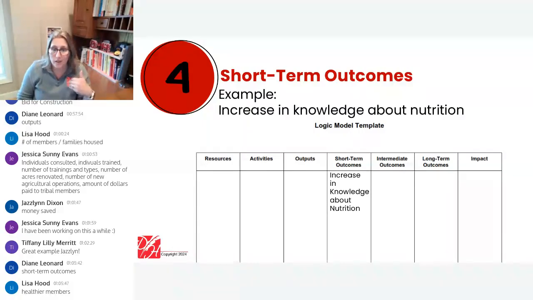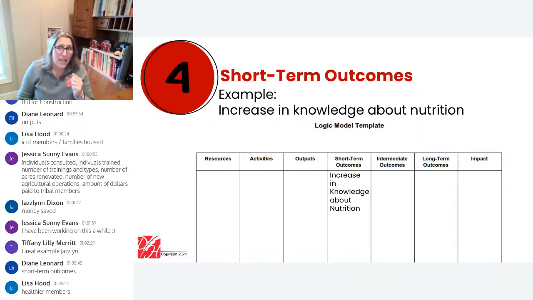Or, let's see, Lisa has shared healthier members. So what I love to ask myself, because I would ask it about what I see on my screen too, is: as indicated by what? So for my short-term outcome, increase in knowledge about nutrition, as indicated by pre and post test survey results?